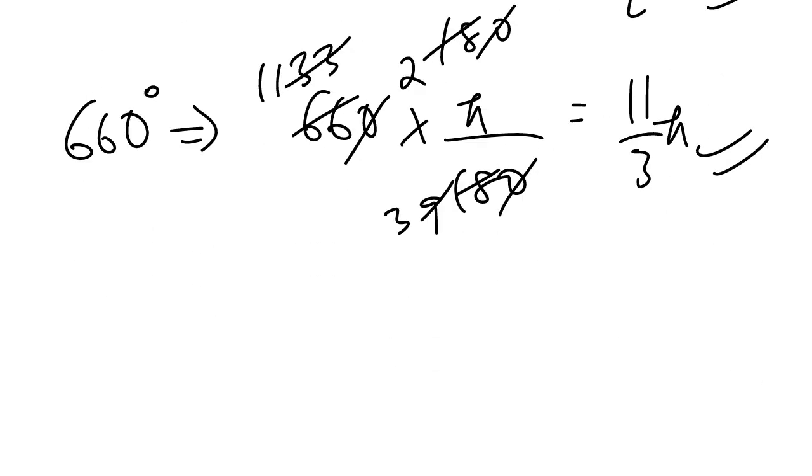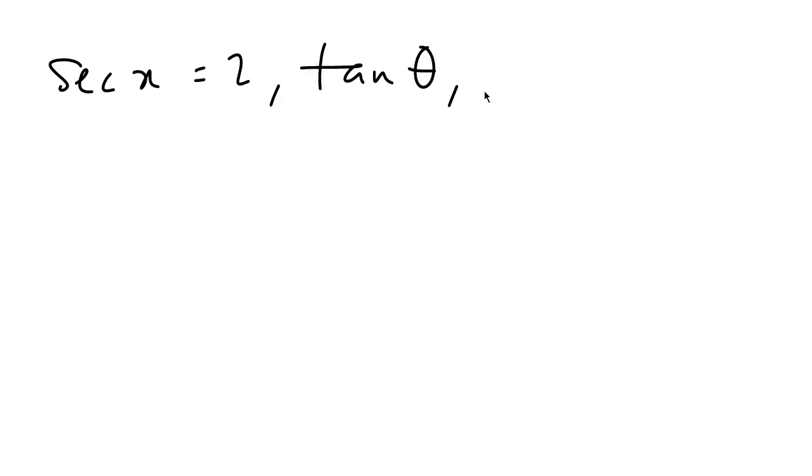Okay, let's step up. So based on all we've been discussing, we've stated the three basic trigonometric ratios: sine, cos, and tan. And then we now extended to sec, cosec, and cot. And that's very important because you could be asked questions that link these quantities together. So let's say I'm given this: sec x is equal to 2, and I'm asked for tan theta,